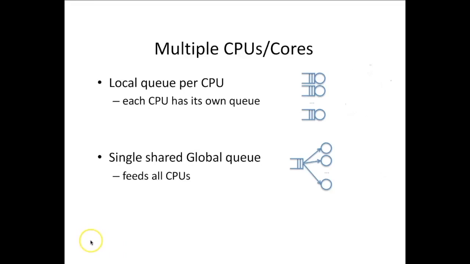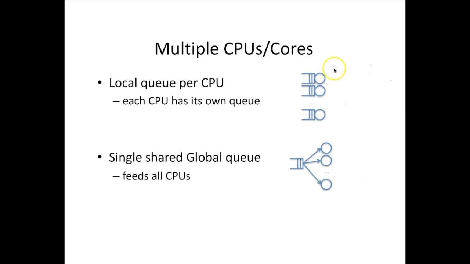Up to now, I presented scheduling algorithms with respect to a single CPU. What if our system has multiple CPUs? Are my explanations, my introduction of the various scheduling algorithms, still valid with respect to multiple CPUs? Let's talk about it. There are two popular ways to assign processes to multiple CPUs, or cores, and